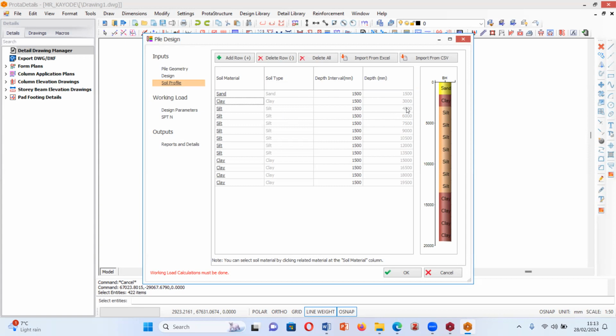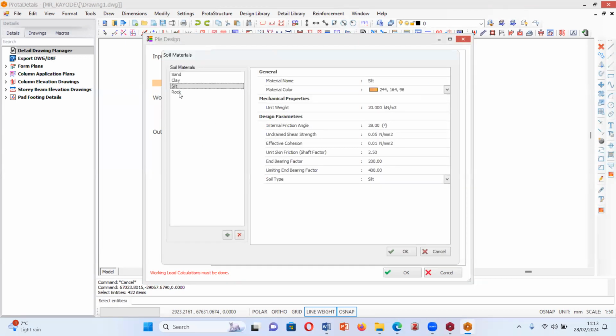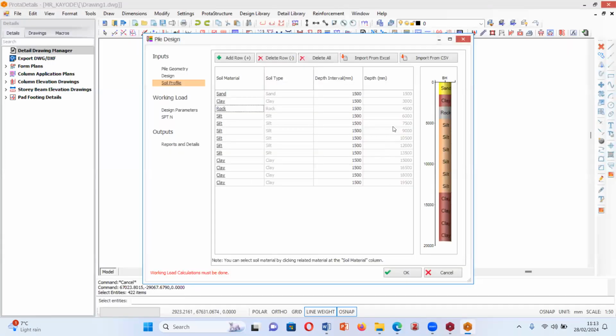From 3 meters to 4.5, let's say we have rock. Put rock. From 4.5 to 6 meters, let's leave everything the way it is now to save our time. Remember that the borehole log ended at 1.5 meters. So you just come below here, then you're just going to delete this row. You can see, delete another row and delete the row. Then you can see that you have 15 meters here, and that's where your borehole test ended for the soil